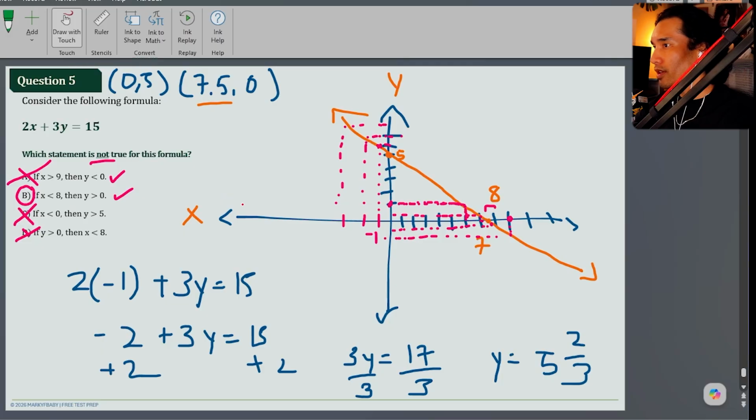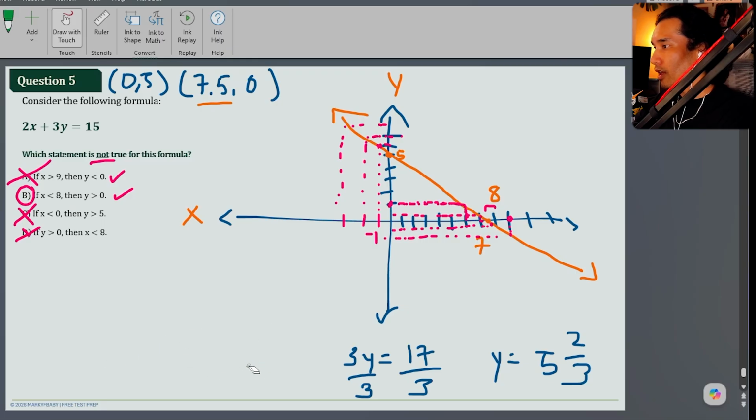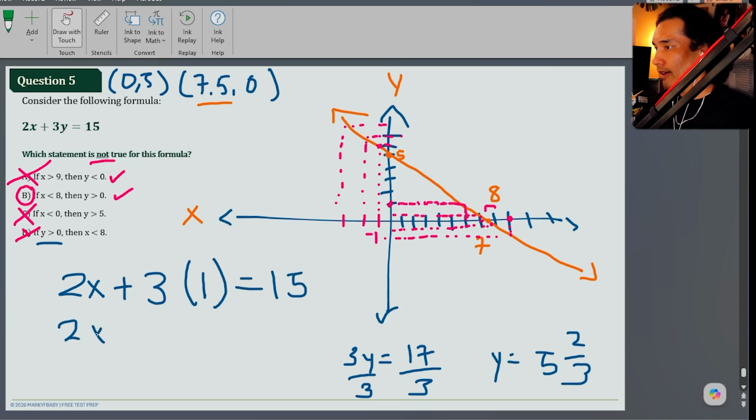Okay, we can also do this where we plug in, just like we did here. Let's go ahead and plug in a positive Y value. And we have it right here, 2x plus 3, and then 1 equals 15. Okay, 2x plus 3 equals 15. Minus 3,